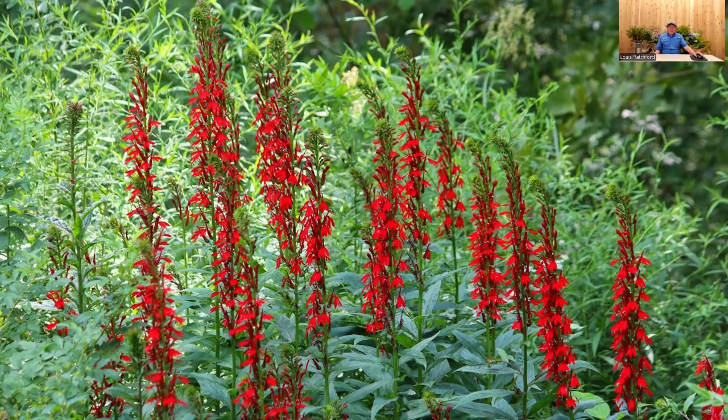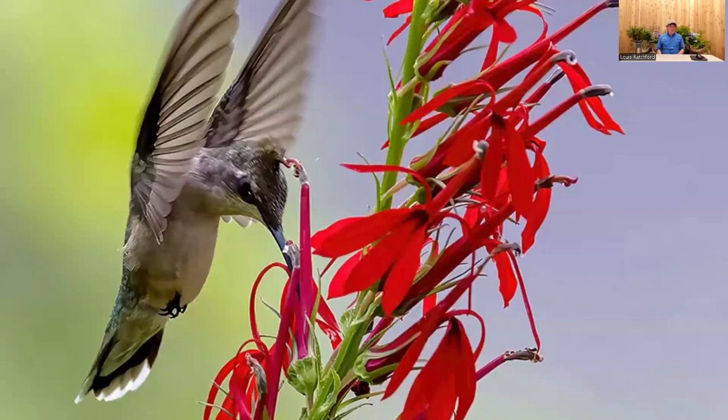They do like to be a little bit in the shade. The big deal with this plant is they do like to be moist. The other thing about it is watch out with that mulch because they will reseed themselves relatively easily. And again, that flower, you can just look at it. It is made for hummingbirds. They really go up there and stick that beak right down into that flower and pollinate each one of those. It makes the hummingbirds really, really happy. So the more of this that you have in your garden, the better you are for those hummingbirds.